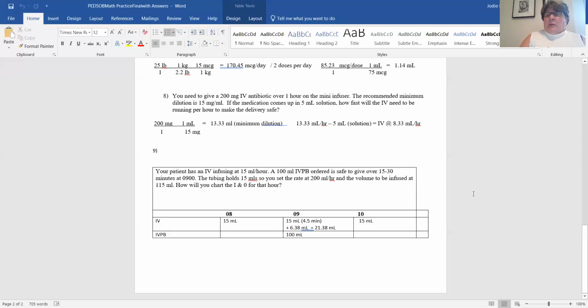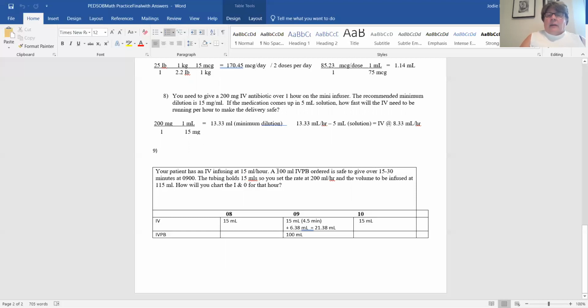This is another problem like you had on the last test, where you're going to have an IV infusing at 15 mils per hour, and you have a 100 milliliter IV piggyback ordered, and it's safe to give over 15 to 30 minutes, and you need to give it at 9 a.m. The tubing holds 15 mils, so you set the rate at 200 mils per hour,